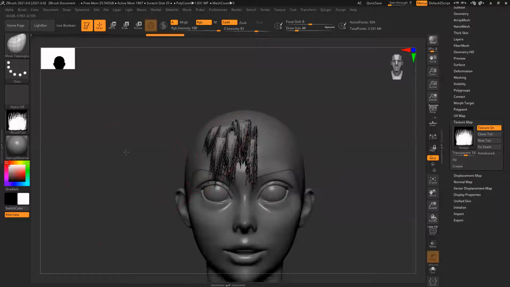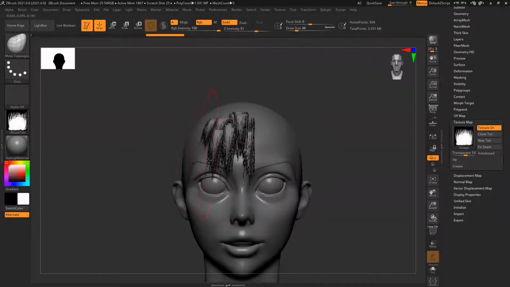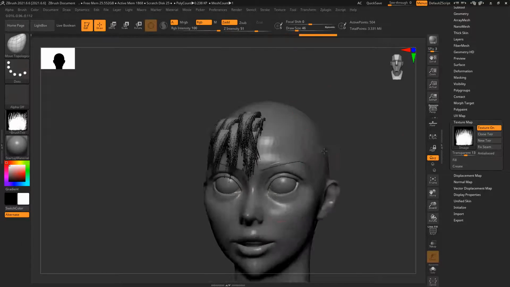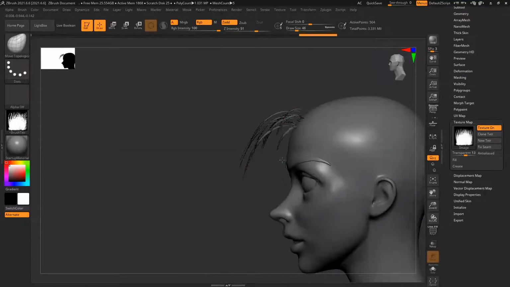That's why I created multiple polygroups, so that I can control all this, visibility. B and V, move brush, so everything will work together.